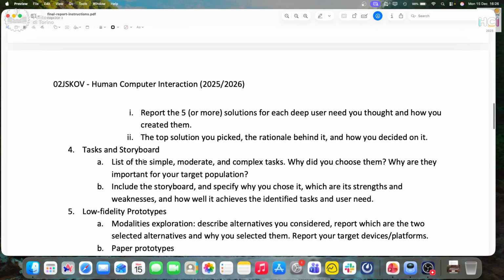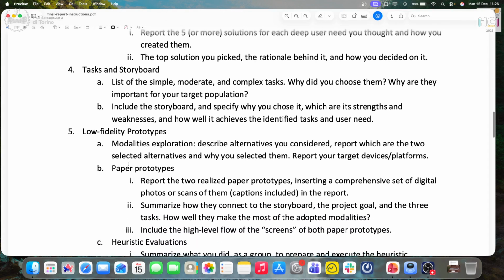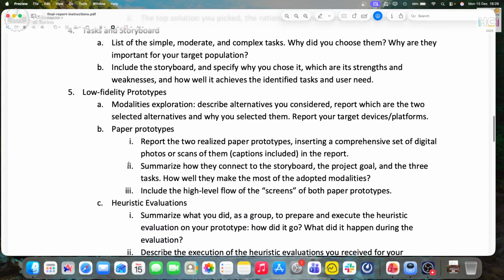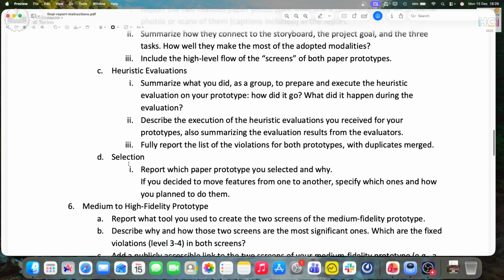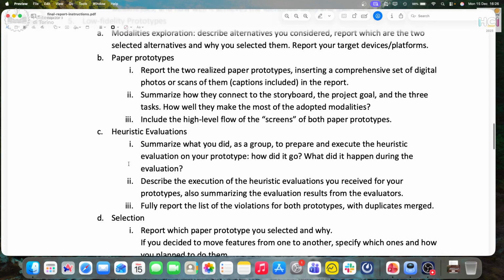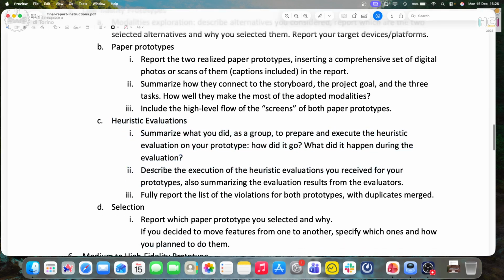And let's go on. Tasks and storyboard. The 3 tasks, and why you chose them. All of this is nothing different from what you already did. The thing that is slightly different, because you didn't have a report on this, is the part related to the heuristic evaluation, where we ask you